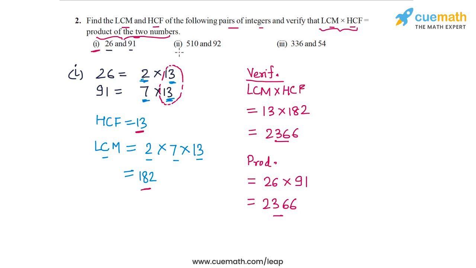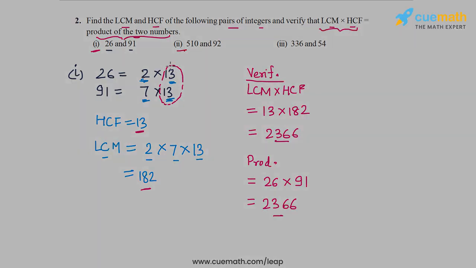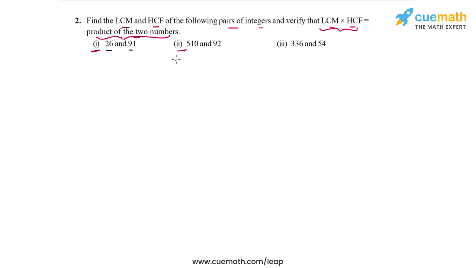Now let's do part 2. In part 2, the integers are 510 and 92. So the pair of integers is 510 and 92. To prime factorize these integers, let's build their factor trees. So we have 510 first, and we see that this number is even. So let's take out a factor of 2. That will leave us with